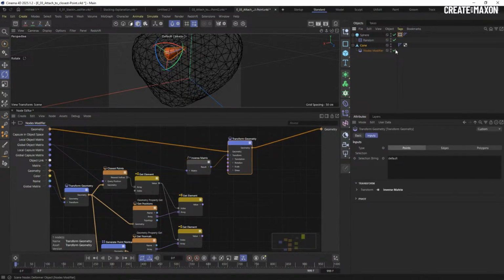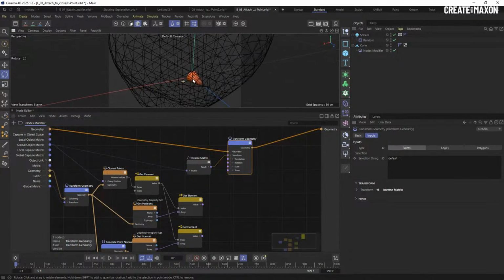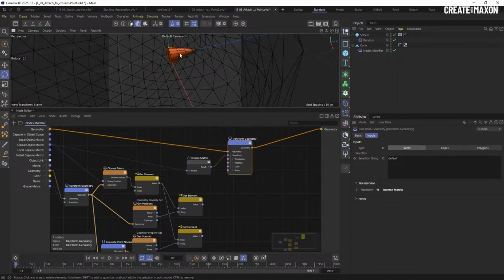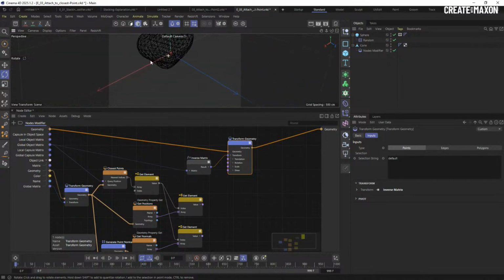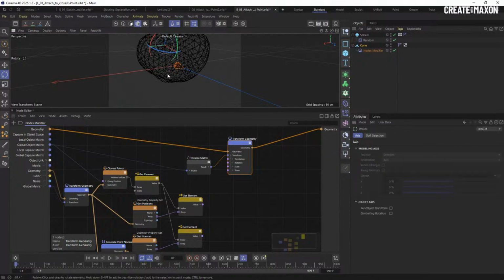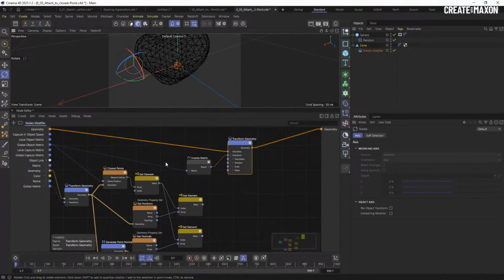So we have to activate it, of course. You can see we always bring the geometry back to the zero coordinate of our world coordinate system. So it doesn't matter where the cone is. We can move this around here, it doesn't matter, and we can rotate. It always brings it back here to the center. So this is great. Because it is in the center, we can move it now by